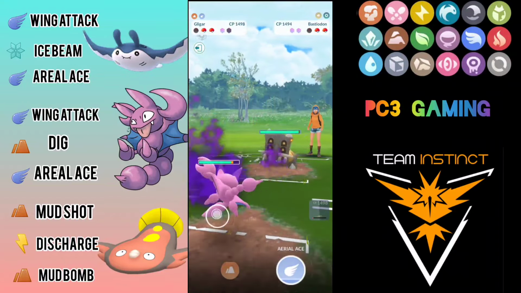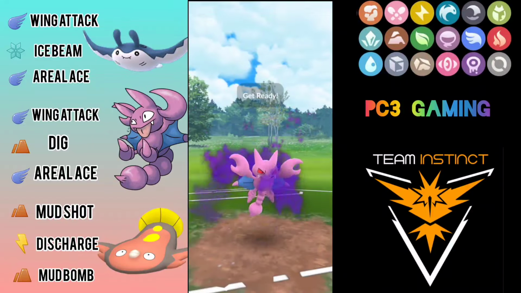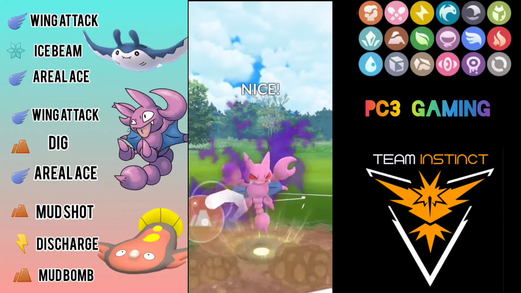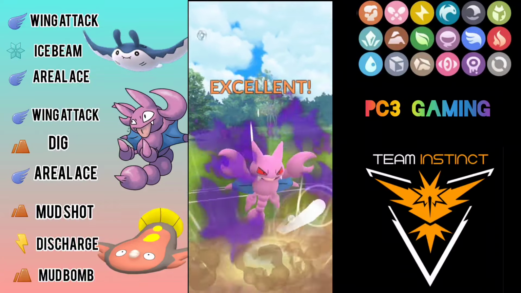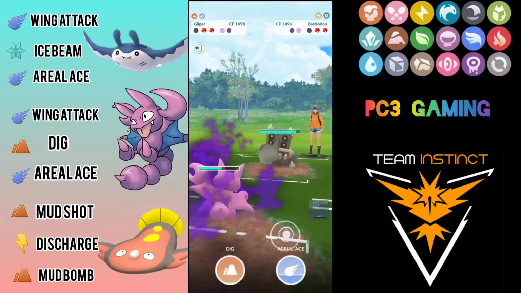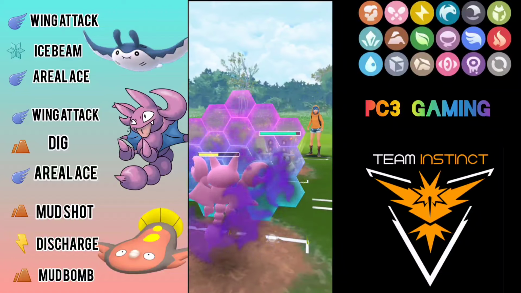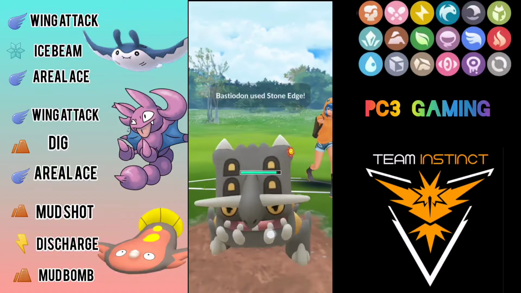and I don't think I can win this match because Dig will get shielded here because there is no reason not to shield. Let's see. And opponent decides to shield the first Dig, and I'm going to overfarm a lot of energy. He throws Stone Edge. It will do neutral damage and it will get me low as well, so I'm shielding here